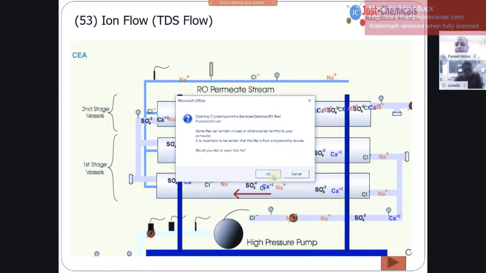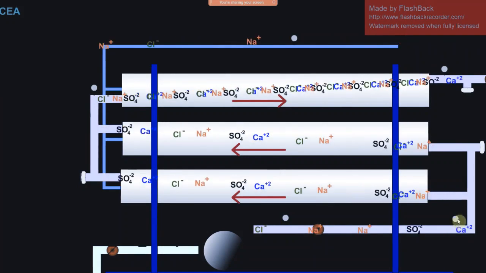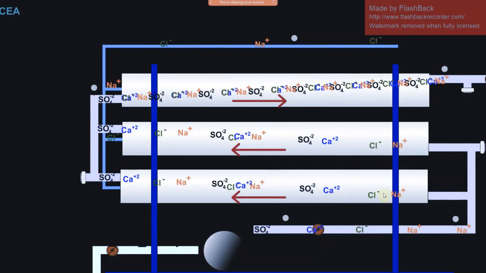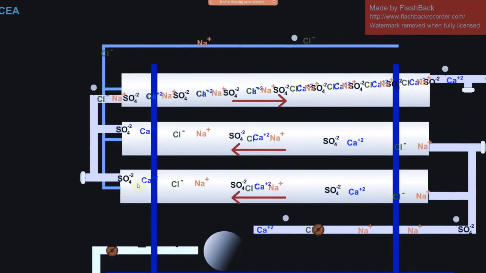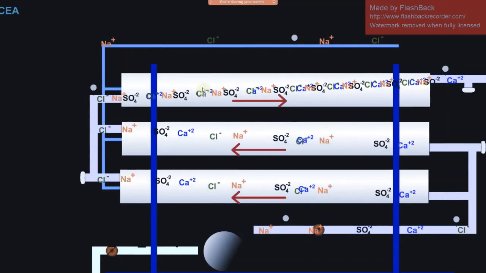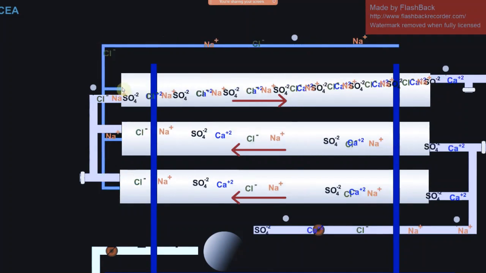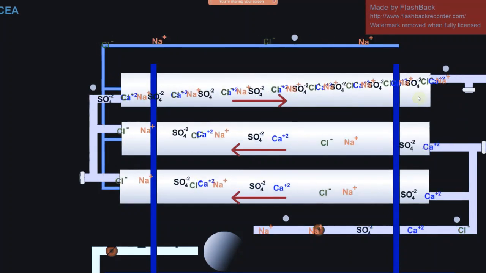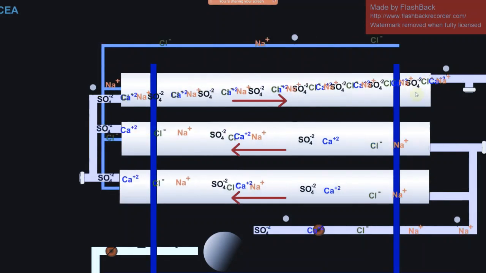Here the TDS is low, the salts are low, but they are going to concentrate after each element. From the first element it will concentrate more to the second, to the third, to the fourth, and then when it is going to the second stage, it is more concentrated. So if any scaling has to happen, it will happen in the second stage first, and even in the second stage, the tail end membranes will have more scaling.